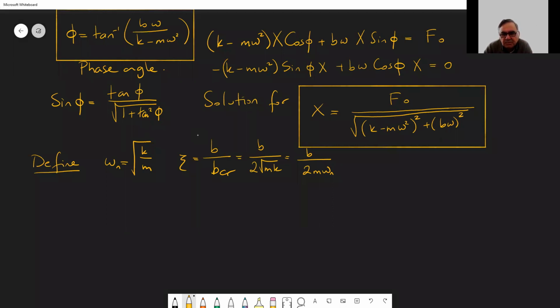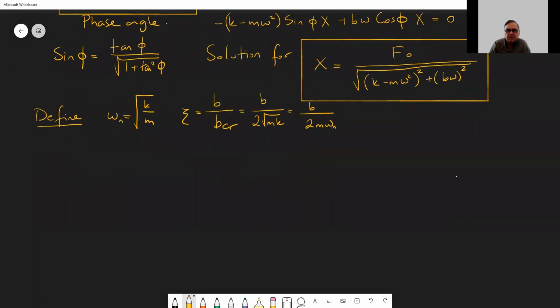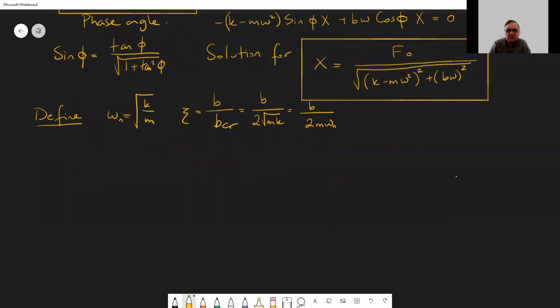for example, you can divide both sides of this equation by k. Inside the square root, that k becomes a k squared, etc. And m over k squared, for example, is b over k squared. So x becomes something like f0 over k divided by square root of